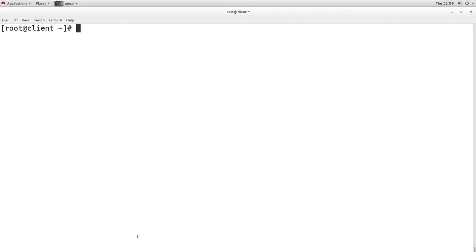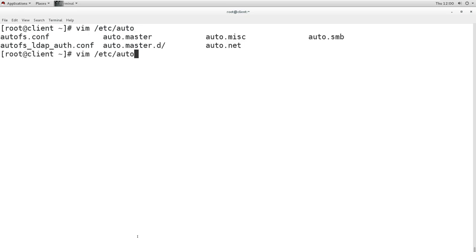Now first we will create the main mapping file. When you go to etc and you run the command auto, and if I press tab two times, I can see here I have autofs.conf, I have auto.master.